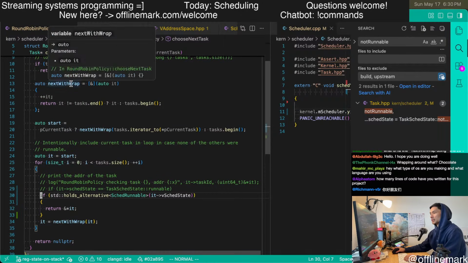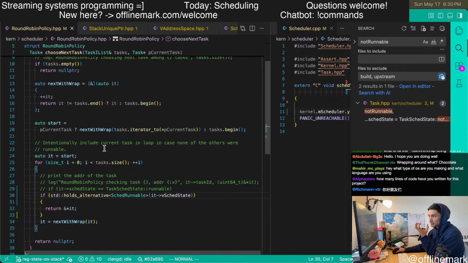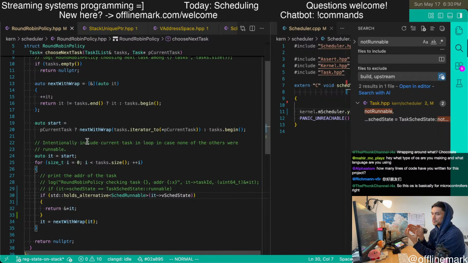So this is a helper function that takes care of wrapping around in the container of tasks, because we're searching through this task container to look for a runnable task, but we're possibly starting from the middle, and we want to loop through the whole thing though, so we need to wrap around. If we hit the end, we want to wrap around to the start, and that's just what that thing helps with.